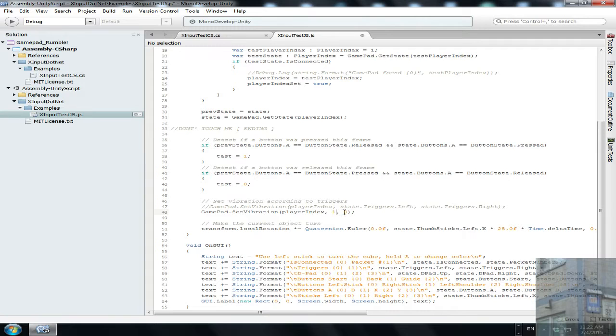If we have here 1 and 1, which means that we have maximum vibration in the left part of the joystick. Here 1, which means that we will have maximum vibration in the right part of the joystick. So now let's, for instance, do this. Test